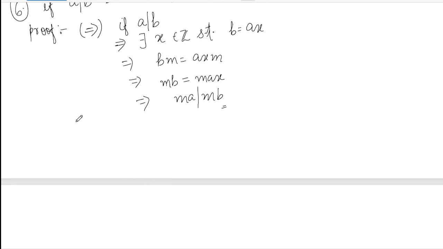Now the converse part. If MA divides MB, where M is non-zero,